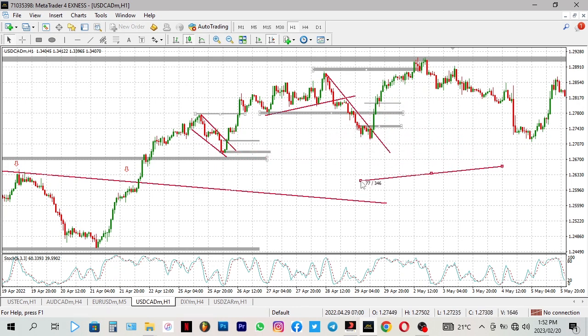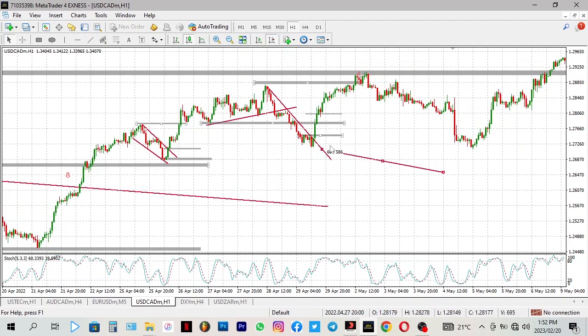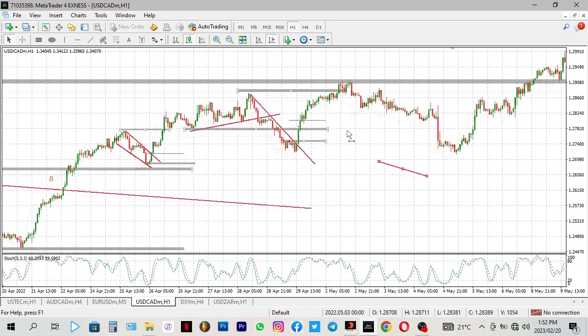The breakout. Wait for more confluences. Wait for the market to create more bullish structures after a broken downtrend. Wait for the market to give a retest and breakout and retest, and more confluences to that, and strong support areas. Okay,